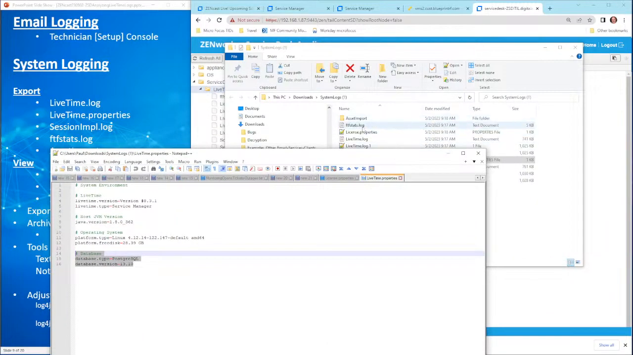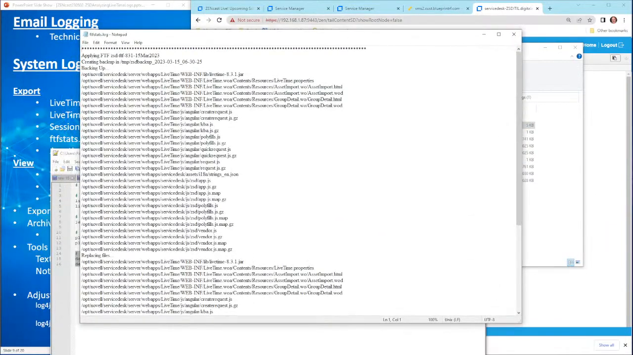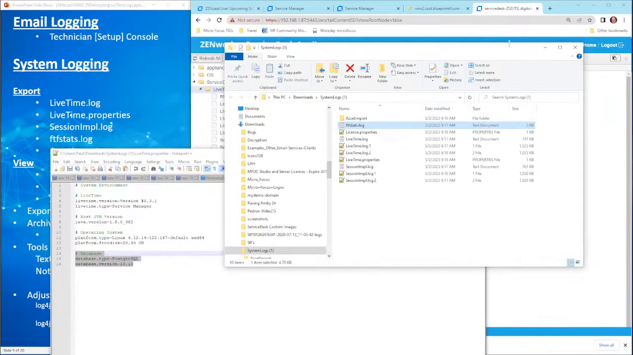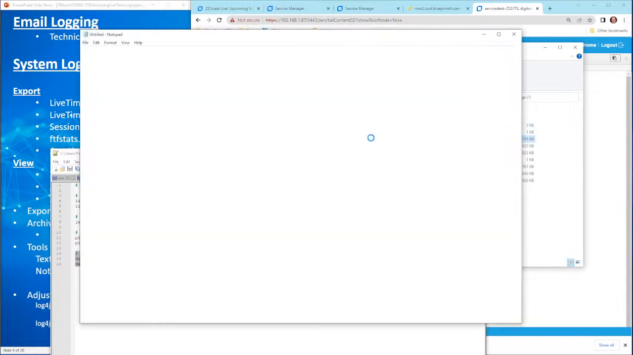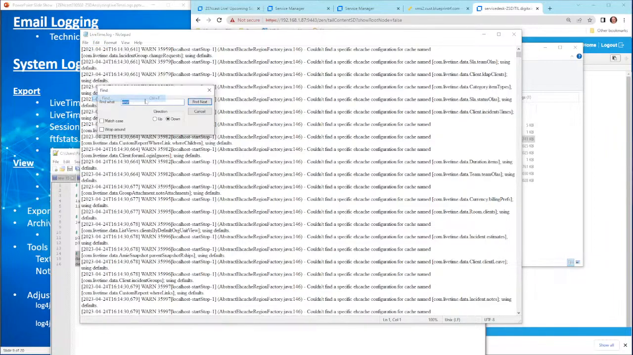And then it has other things like FTS stats log, which I've applied a particular FTF to this particular box. So it actually has a log of that. And then it has, of course, the lifetime logs. Okay. Now you could view the lifetime logs here like this, and you can do edit, find, in looking for